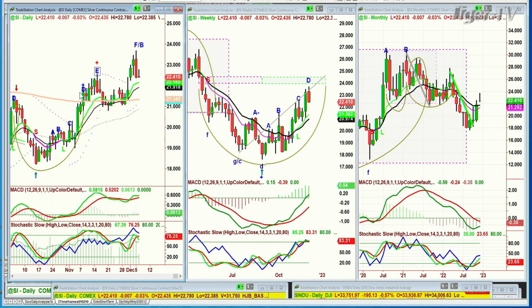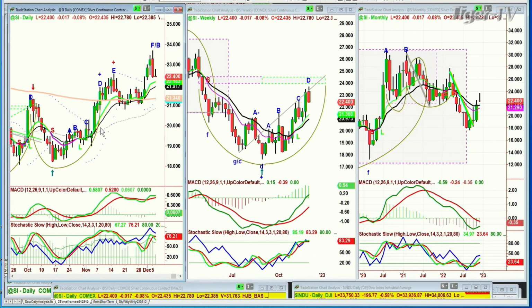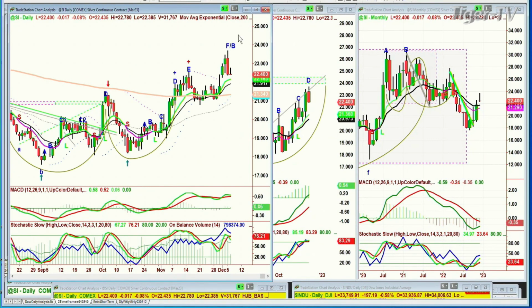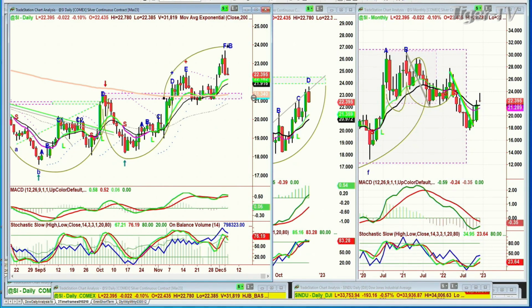So silver has a much nicer chart formation than gold, but it's done the 1-to-1. Remember, I like to look at this as a sine wave, almost a fulcrum with the midpoint here. Just think of it this way. I'm just going to do this nice and thick so you can see it. That is your fulcrum. It's almost like your 200-period moving average. And what happens is you go from a cup formation to a potential arch formation. And I'll draw it in to say that's kind of what I'd be anticipating after such a spectacular move. Doesn't tell you how, other things will have to tell you how far down you go.